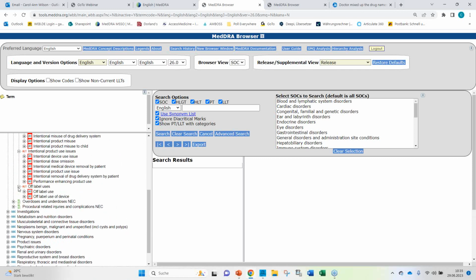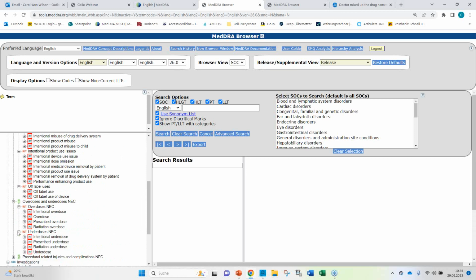And the off-label uses are grouped here. Then we have another HLGT, overdoses and underdoses, NEC, not elsewhere classified. And we see here intentional overdose. An intentional overdose, why isn't it grouped here under intentional product use issues? Because an intentional overdose could also represent an off-label use. So that's why it's grouped under an NEC, more vague, not elsewhere classified, HLT, and the same holds true for